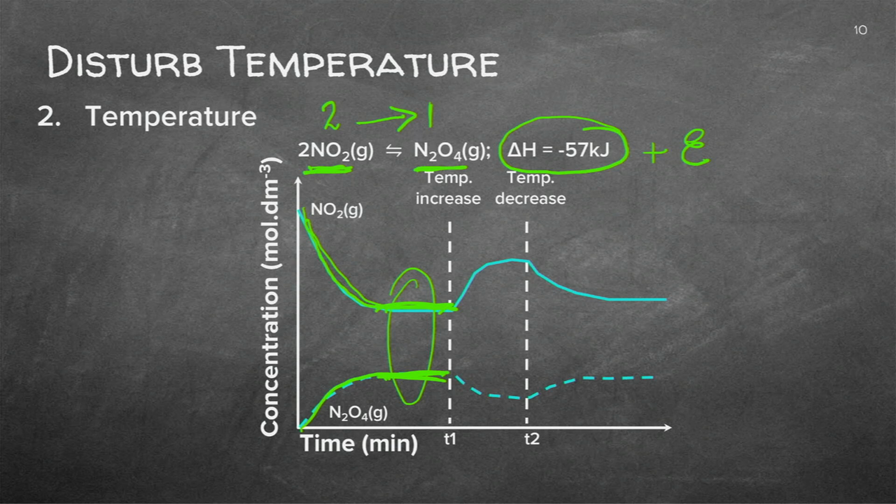Increasing the temperature. Now, if I increase the temperature, you know it's this side. If I increase the temperature, it wants to lower the temperature or the energy. It can't lower the energy, so it will be the reverse that will be favored. Can you see now the reverse? This product here is lowering and the reactant is increasing, and now they find a new equilibrium.